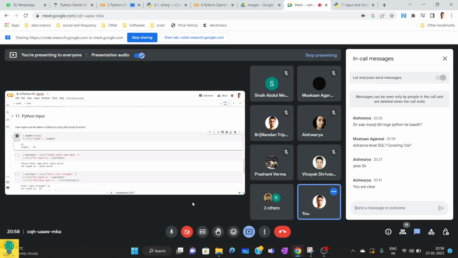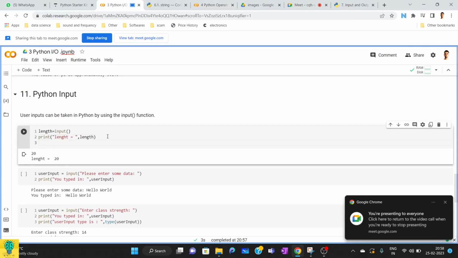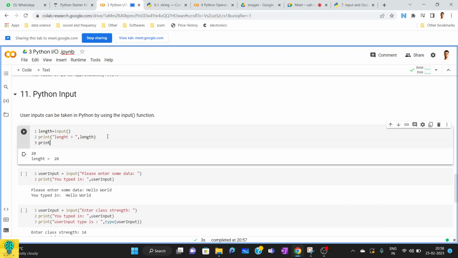Now print it. Okay. Now do one thing, just check the type of length, what type of data you have got as input. I'm just trying to check print type length. So I asked my user to input something and they have inputted something and I'm getting